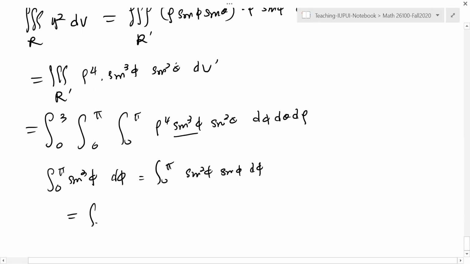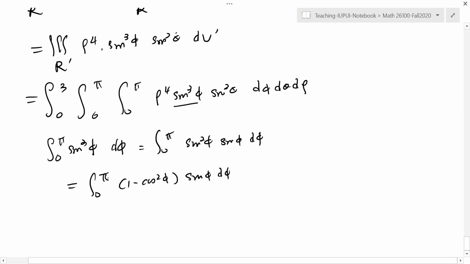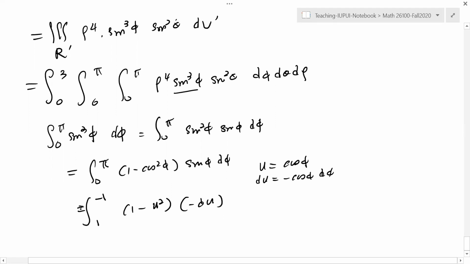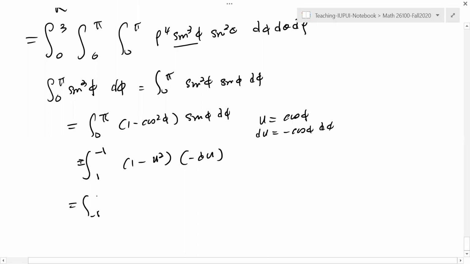And then you have to use a substitution again. Use a substitution: you let u be cosine phi. Then when phi equals 0, u is 1, and when phi equals pi, u is negative 1. Sine squared phi is 1 minus u squared, and du equals negative sine phi d phi. So that will be negative du. Okay. So I will get,